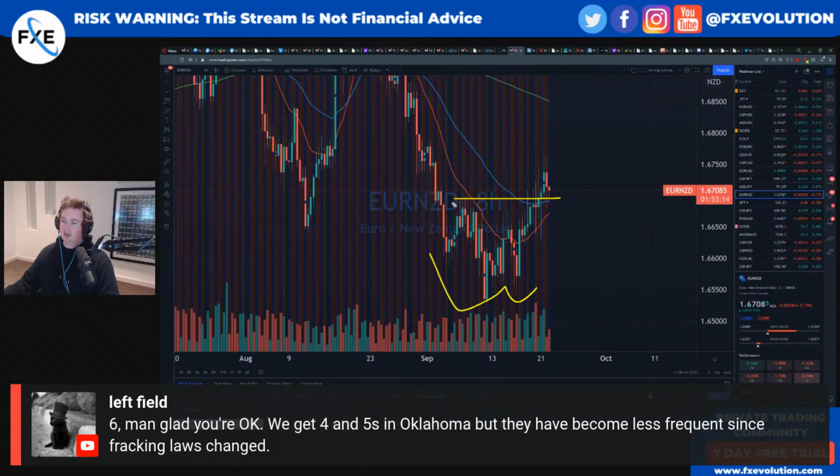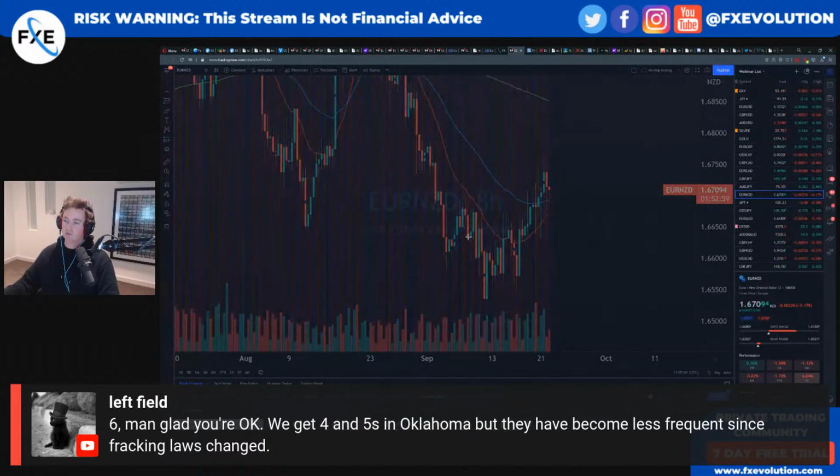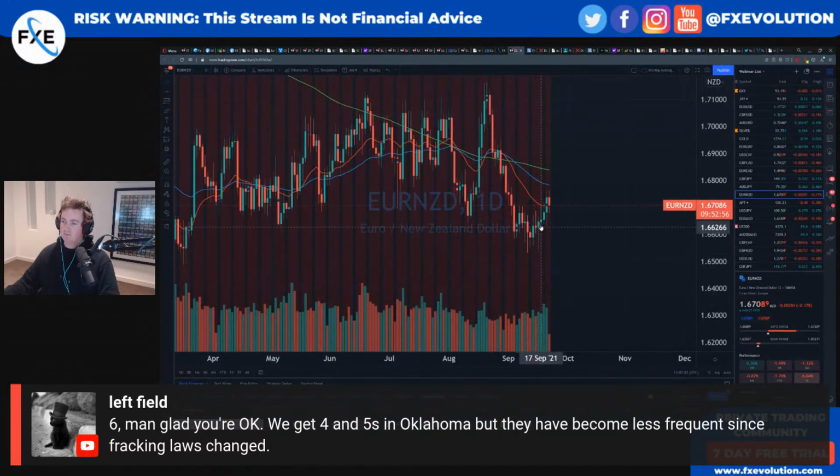It's formed a bit of a base. It's at the role reversal zone. You can clearly see it's had two resistance sell-offs from here as well. So we get that closure above. Could be one of those ones that you snake up, put stop losses behind these last swings and look for the long. The base certainly is there, and you can see it on all time frames. Daily, big rejection. Things are looking strong here on the Euro New Zealand.